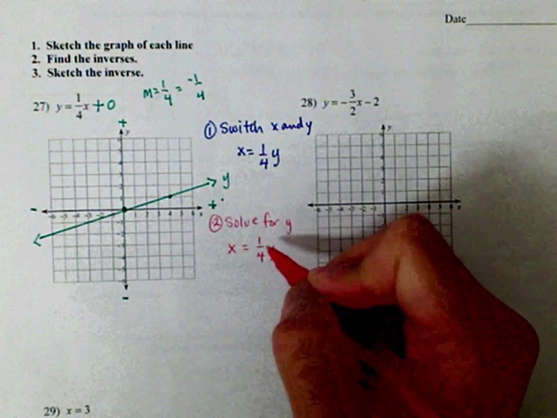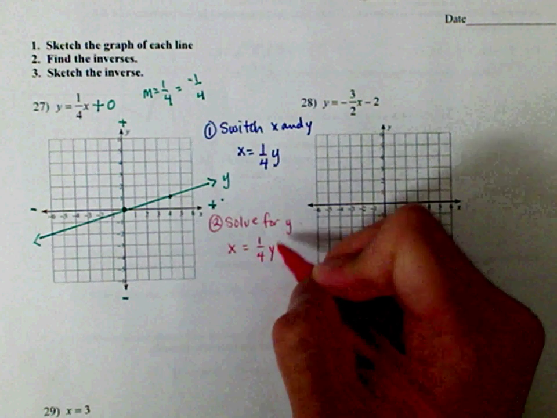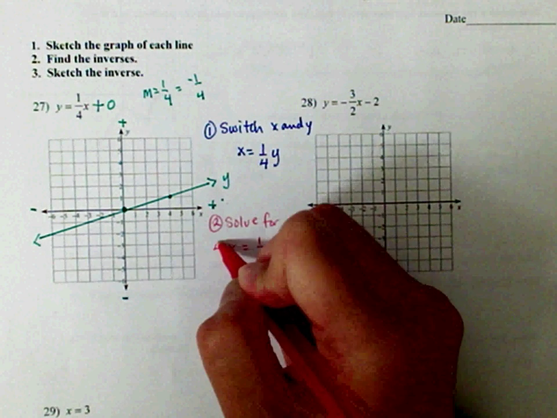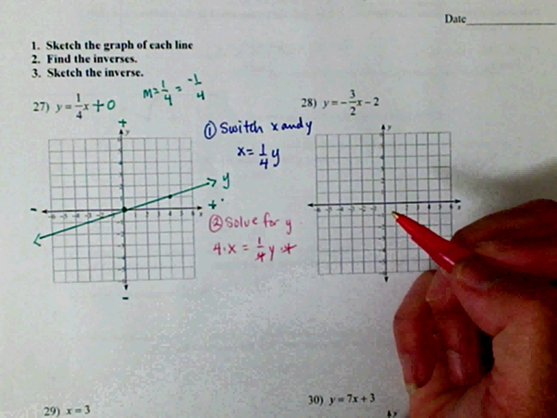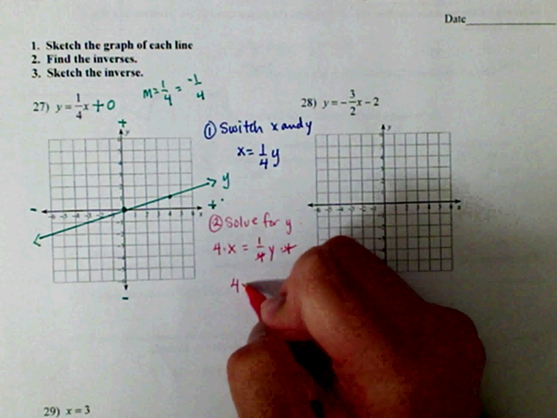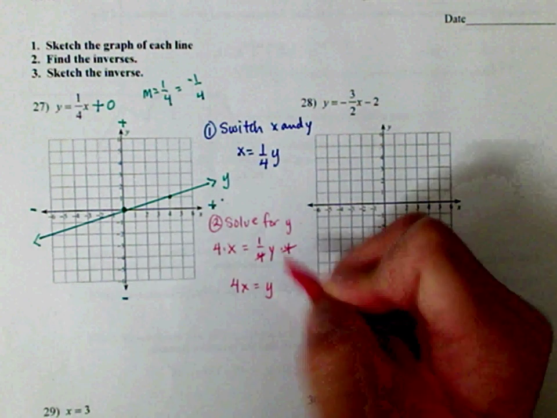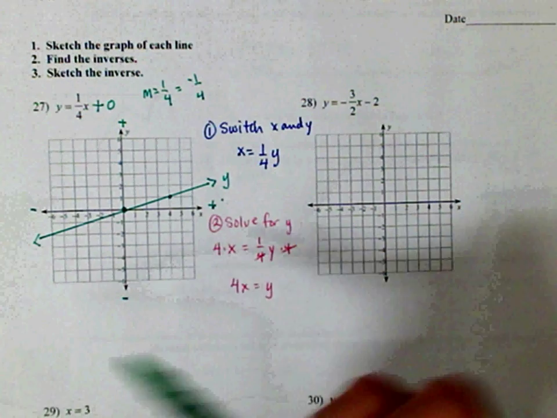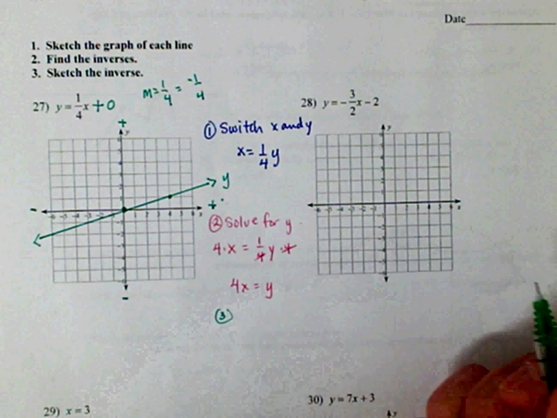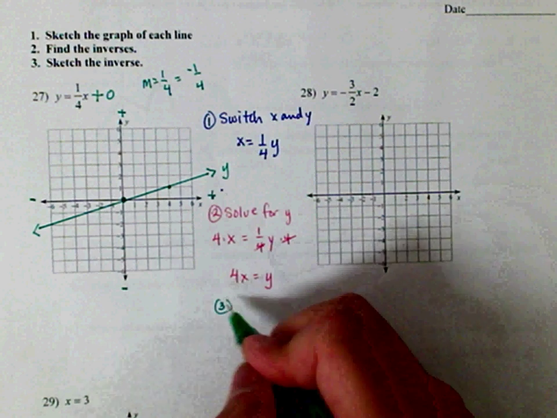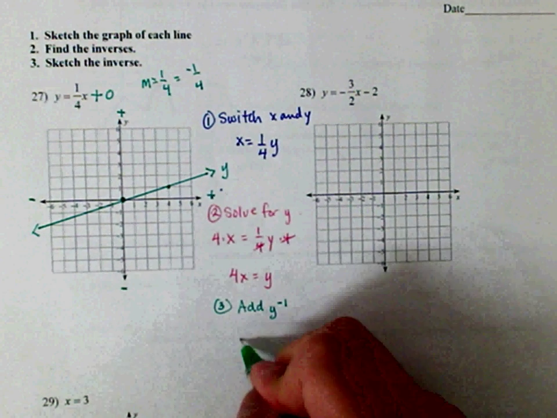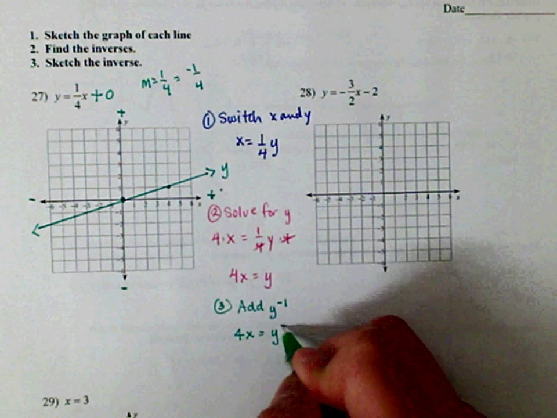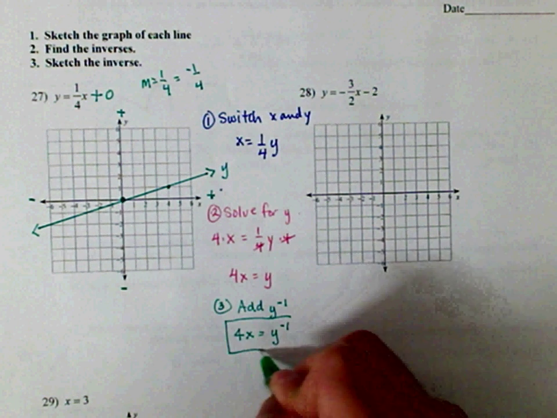To solve for y, the opposite of divided by 4 is times 4. What you do to one side, you do to the other, and your 4 cancels out. So now you have 4x is equal to y. Step 3, you will add -1 to y. So now you have 4x is equal to y to the -1. That right there is your